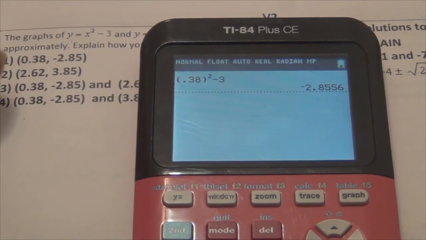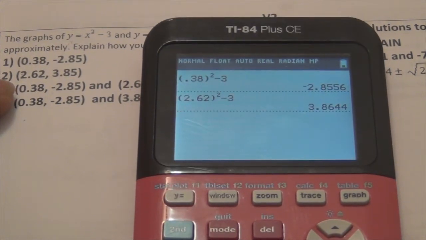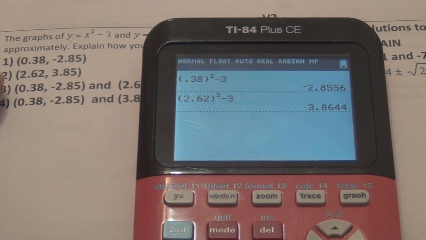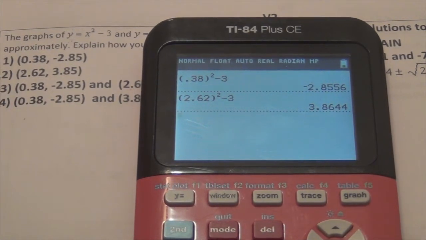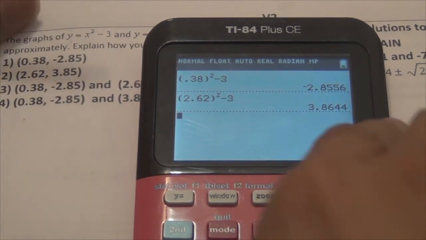Now let me try the second one. So it's gonna be 2.62 squared, because that's x squared, minus 3. Oh wow, 3.86. Did I do it right? 2.62. Okay, so I get 3.86. I guess this is an estimate. So okay, now